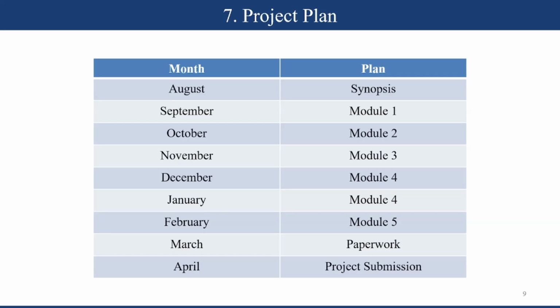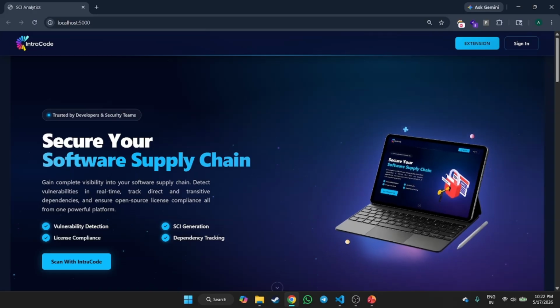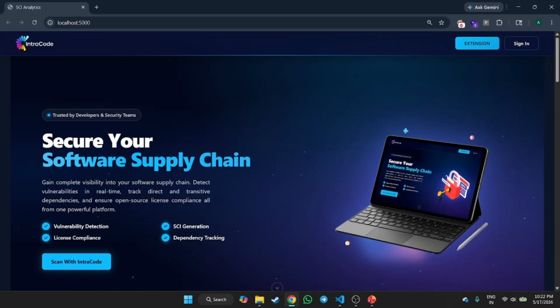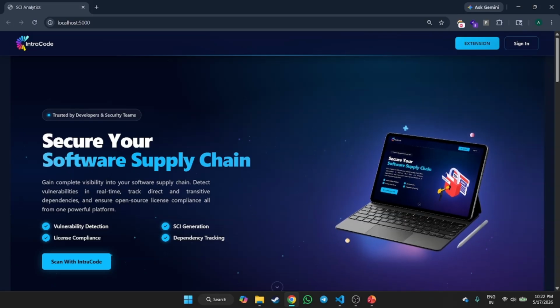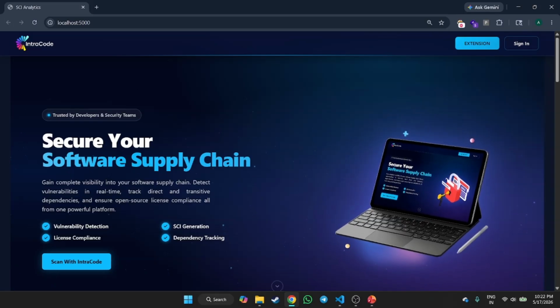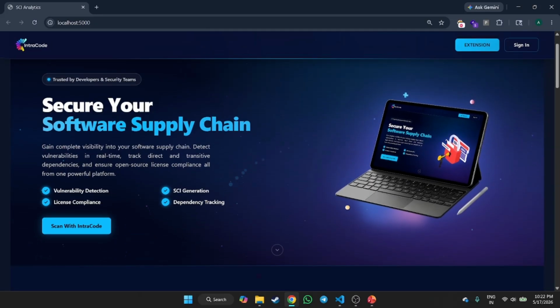So this is the project plan that was carried out by us throughout the months under the guidance of Sir, and the references from which we understood what our project needs and what we can upgrade in that. So now that we have explained the concept and architecture of our project, let's move to the live demonstration of our Intracode Security Analytics. So this is the landing page of our framework,